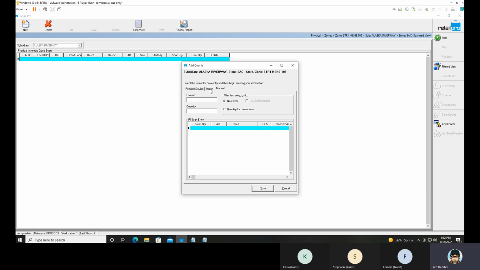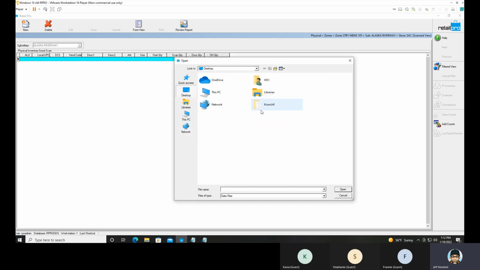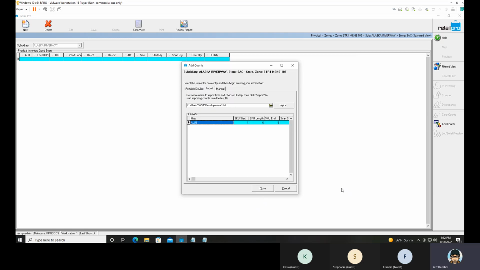So in here, I'm going to go to an import file, and I've got a little import map built. This is a kind of an import map you'd use for like ArcGIS or something like that. So I'm going to just open up my browser, go to my desktop, make sure we're not on data files. We want to be on text files, right? So there's zone one. We'll select zone one, and we got our file. We've got our map. Click import,